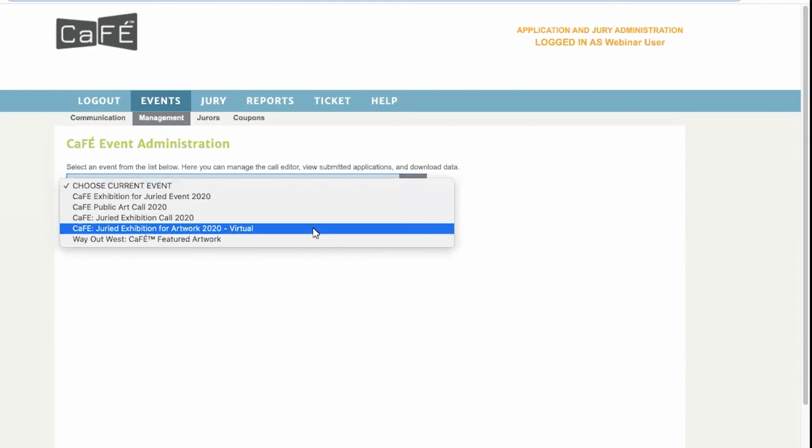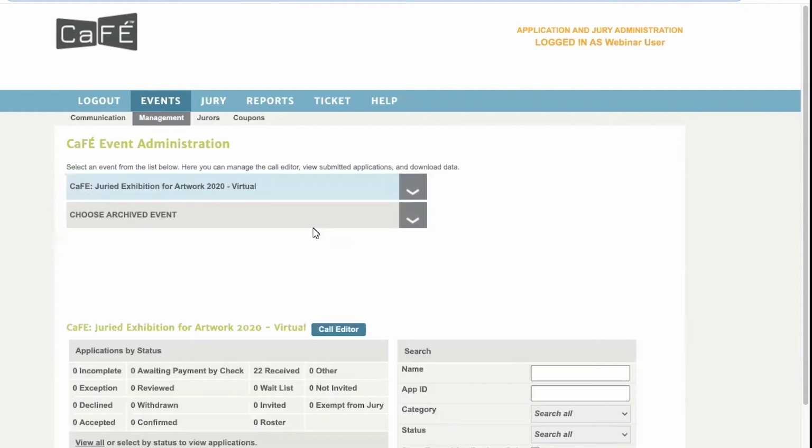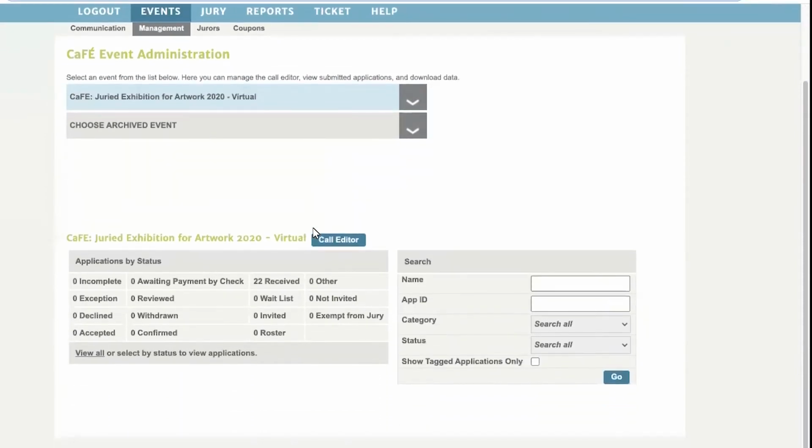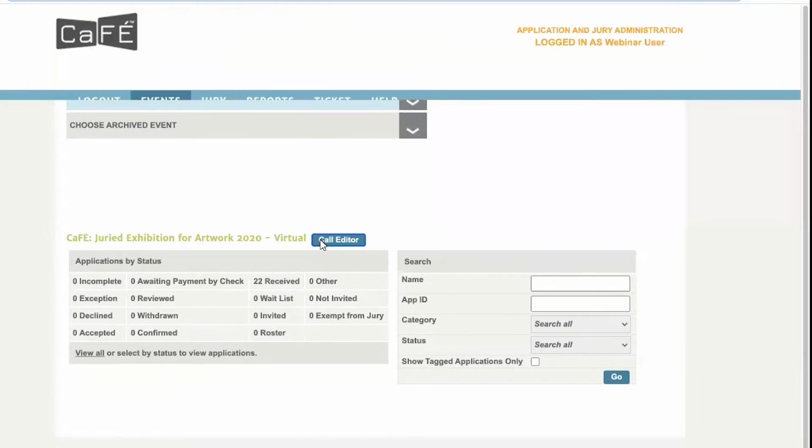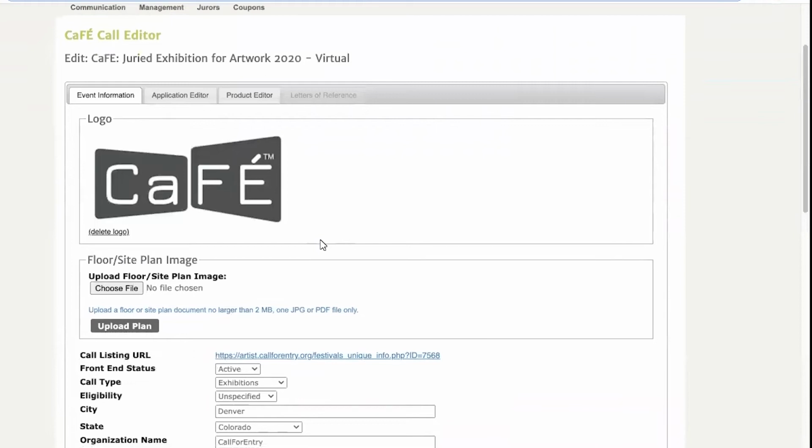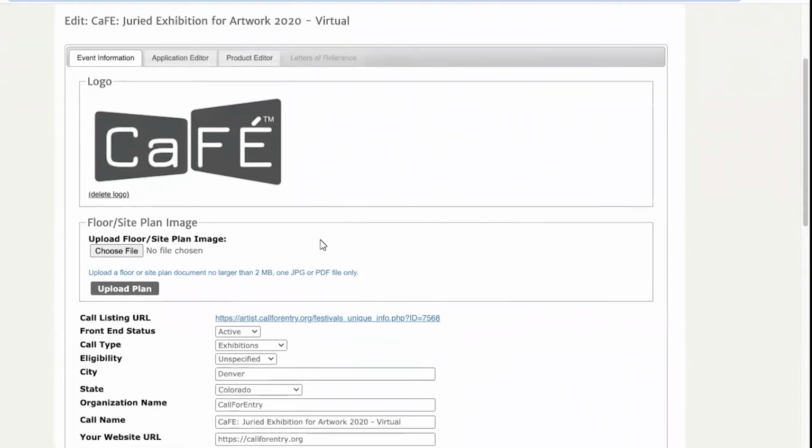It goes without saying that there has been a necessary shift within the arts community to find alternative ways to create, present, and sell art. It's not hard to find examples of how galleries, public art programs, and other art organizations are adapting to this. Setting up virtual exhibitions through a call on CaFÉ is pretty straightforward, as the process is pretty much the same as hosting a regular one. However, there are a few things to keep in mind that will help you in the long run.